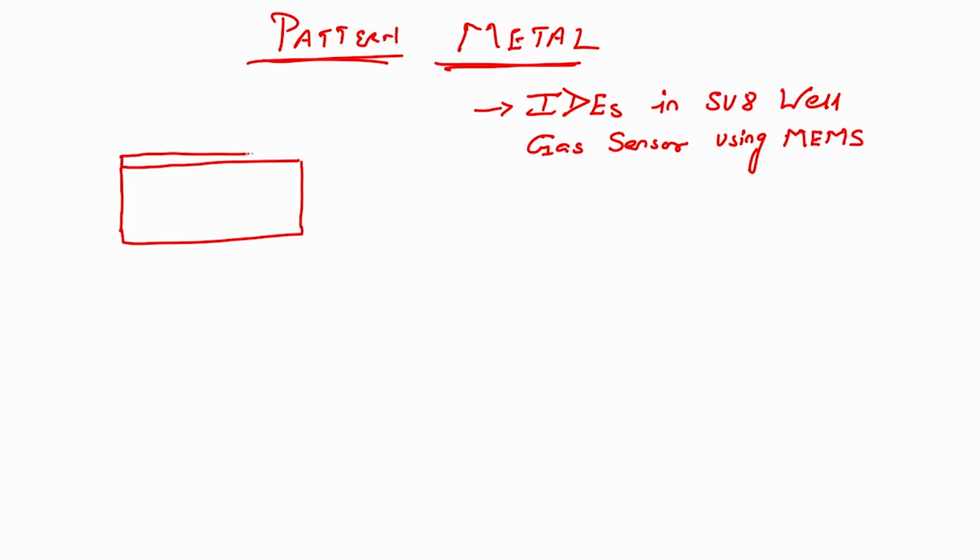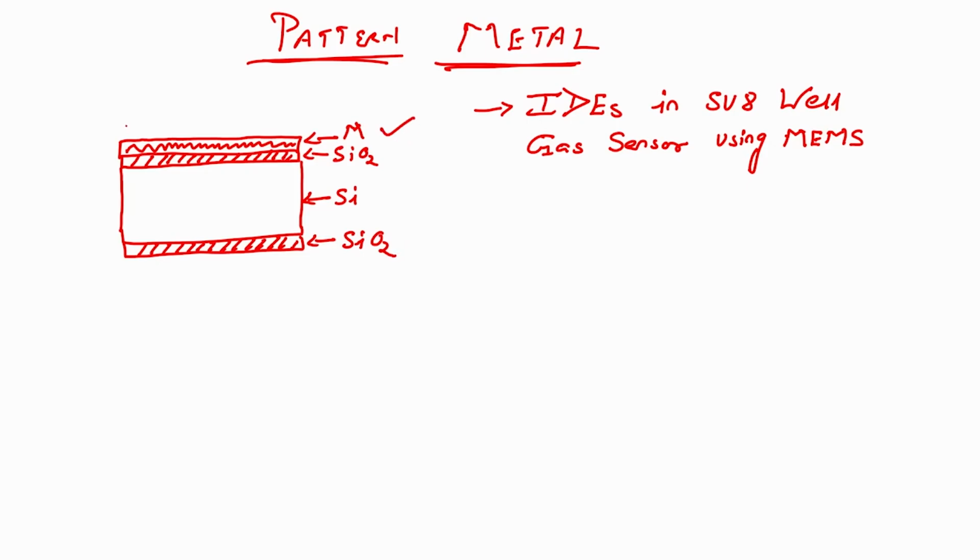So, now we know that if we have an oxidized wafer, and if I have a metal on an oxidized wafer, metal, silicon dioxide, silicon dioxide. If I want to pattern this metal, then the first thing I will do is spin coat